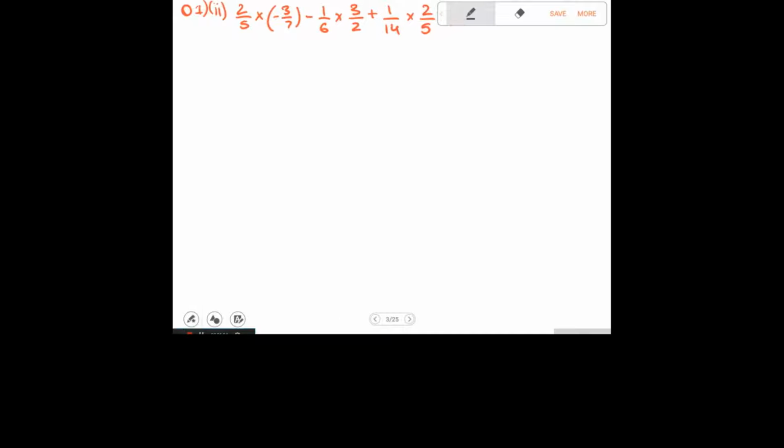Now the second subpart is 2 by 5 into minus 3 by 7 minus 1 by 6 into 3 by 2 plus 1 by 14 into 2 by 5. Here we can take 2 by 5 common, similarly by grouping. So we can take 2 by 5 here, and minus 3 by 7 plus 1 by 14